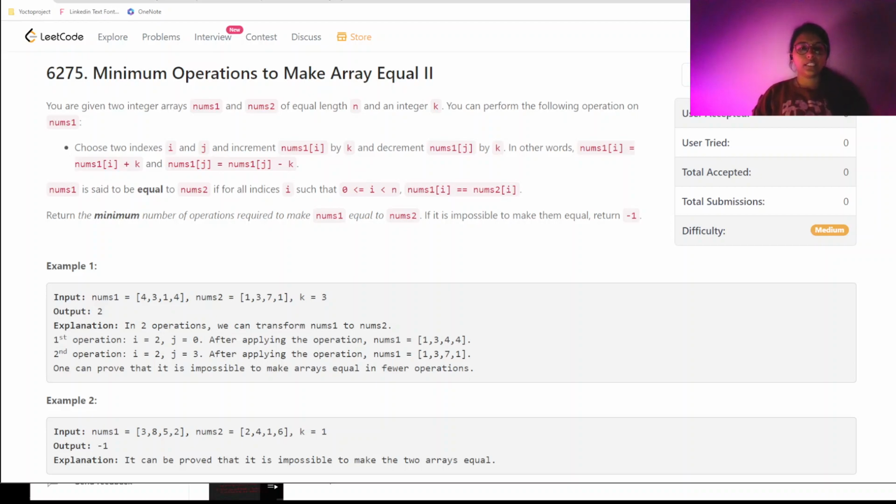So today we are going to do the LeetCode bi-weekly challenge's second question, which is a medium level question: minimum operations to make array equal to. Let us first read this question, then go through the constraints, then the examples, and finally the coding part for the same. So here in this question,